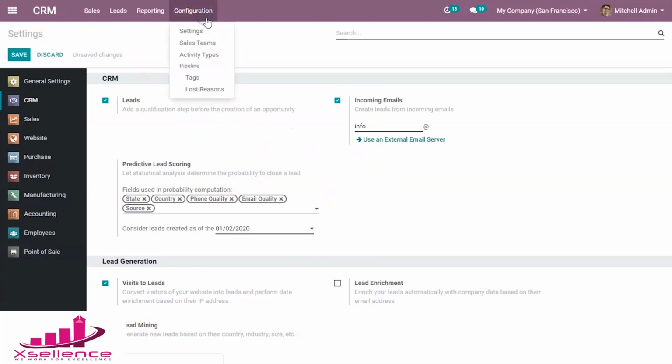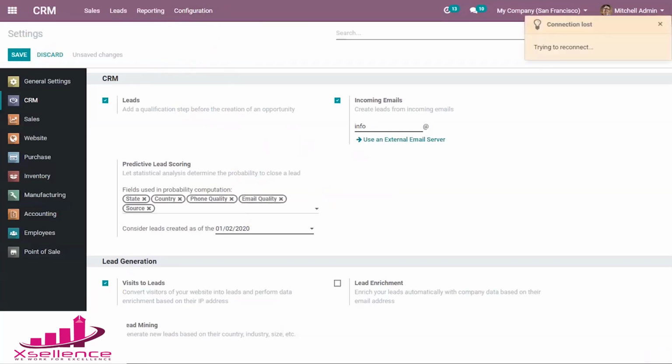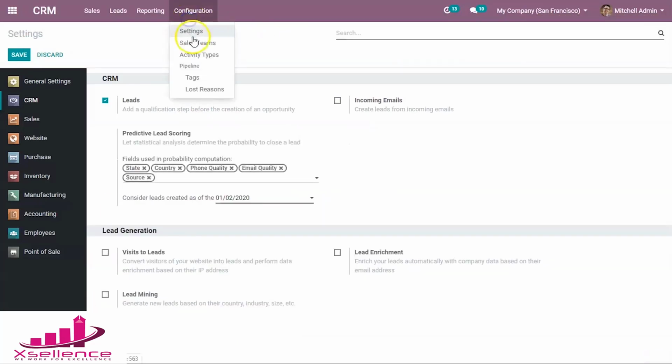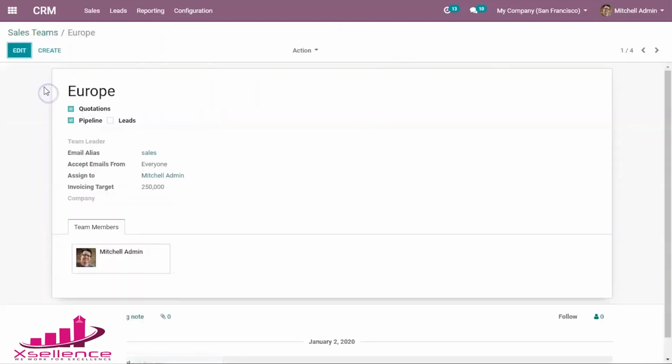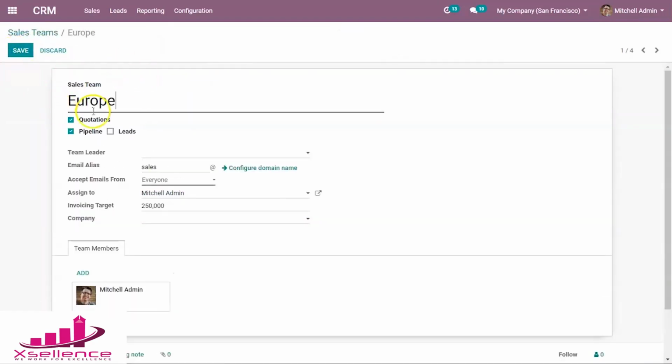Now let's look at the next one, that is sales team. Under this you can create your own sales team. Here you can see a few already created sales teams. Let's open the created one. Here you can see the name of your sales team.